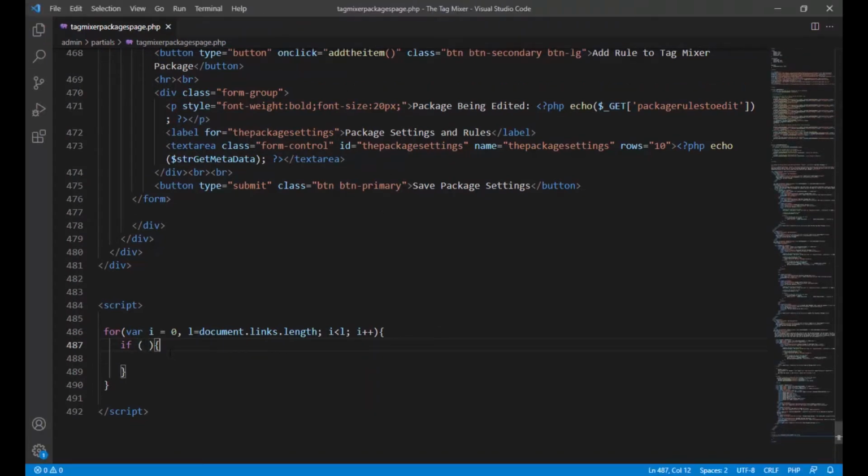My bad. All right, so here's what we're going to do. In that if statement, it's going to look a little something like this. We're going to say if document.links. Now remember, this is all the links in the page, and we currently have an integer variable cycling going up in the link count. So in order to open an array, you just use 2 square brackets, and we say